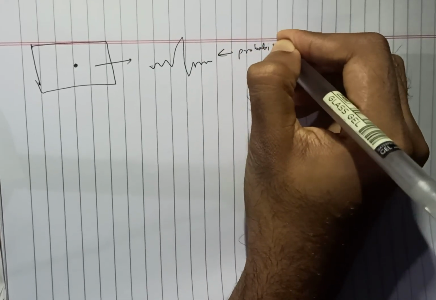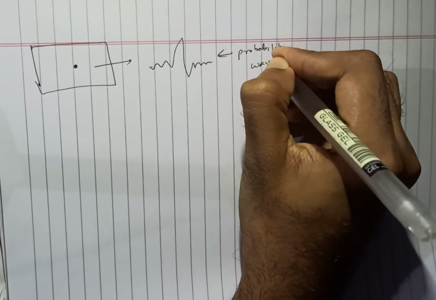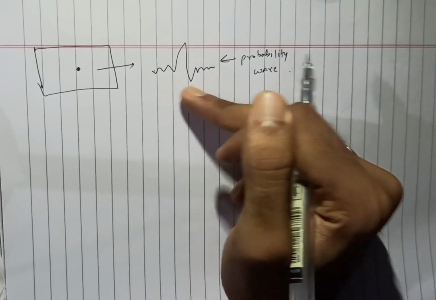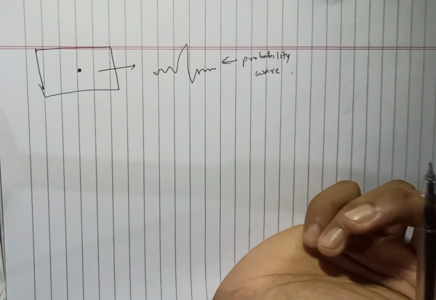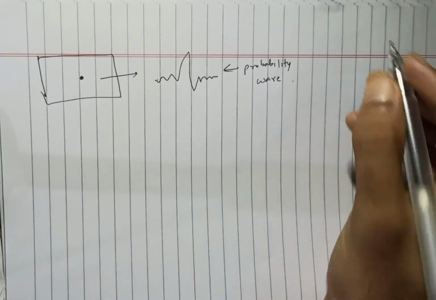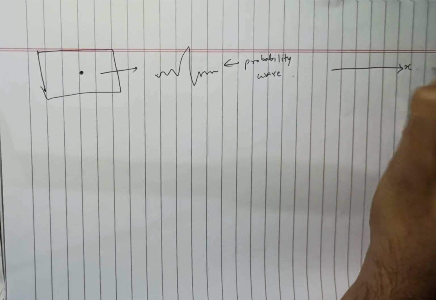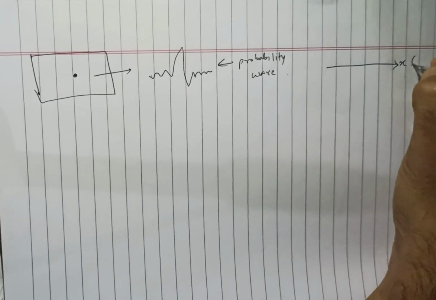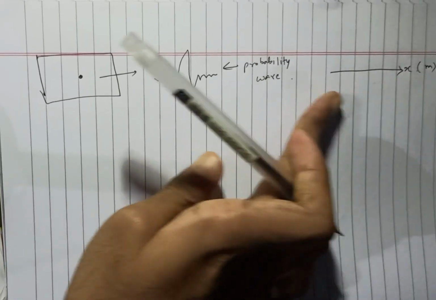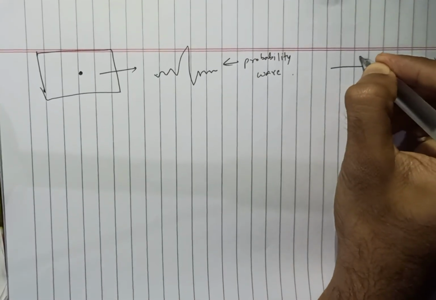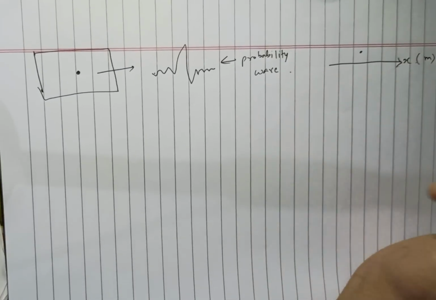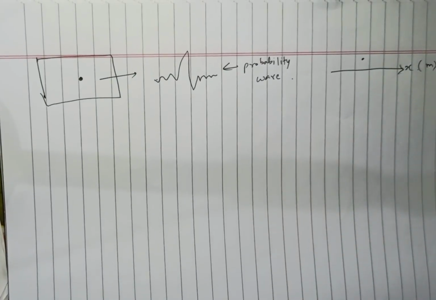Keep in mind that this is a probability wave. The wave nature of a quantum particle is not a real wave. First of all, it's a probability wave. What probability wave means is that, let us suppose this is an x-axis, which represents a real distance in meters. Let's suppose this can be a line along the floor of your house. Now, we are considering this strictly in one dimension because two dimensions is difficult to explain on a copy.